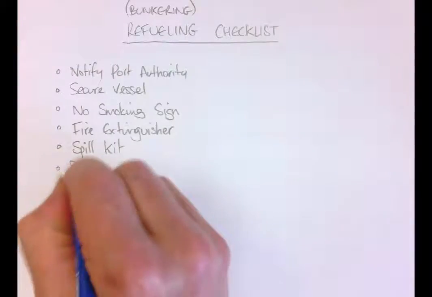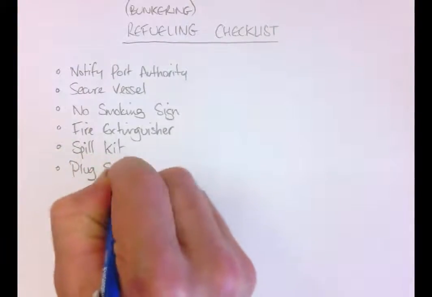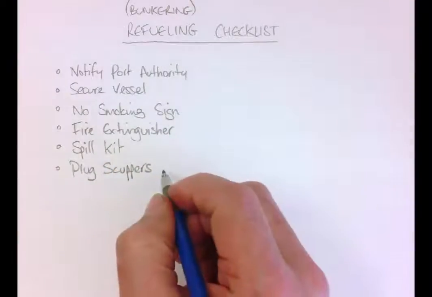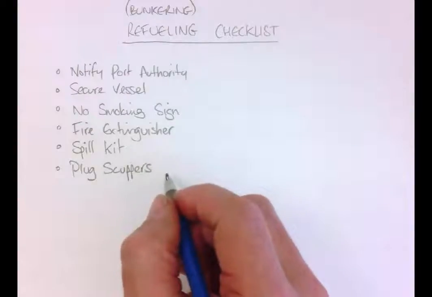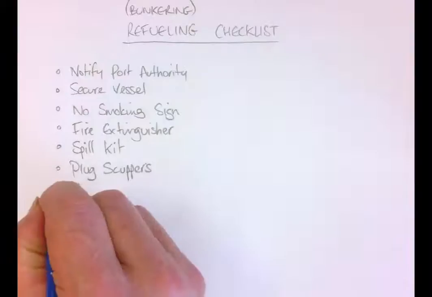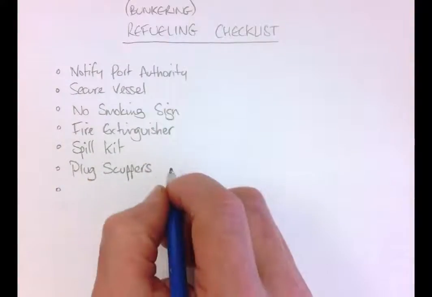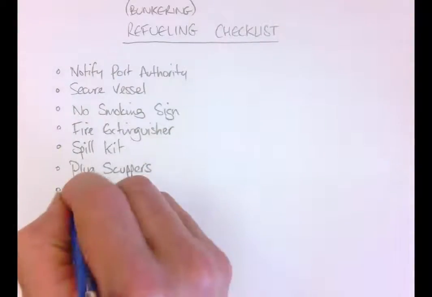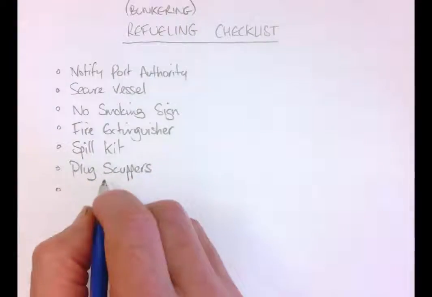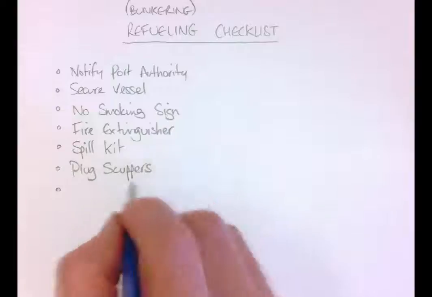Okay, we want to have our spill kit ready. We want to plug the scuppers. This can be bunding, we can use rags, we can use those oil absorbent pads or sausages. And on a lot of ships, they plug the scuppers with rags and then put cement over the top of them. Anyway, a few different ways of doing that, but if there is fuel onto the deck,